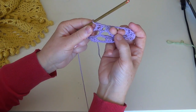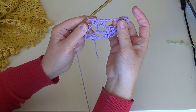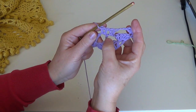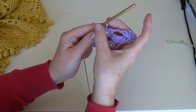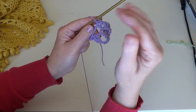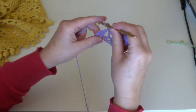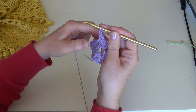So this, let's put them this way so you can see this is the beginning of the rhombus. 1 double crochet and 4. Then in this place we'll work 8, then 12, then we're going to decrease. So after this part we chain 2 and